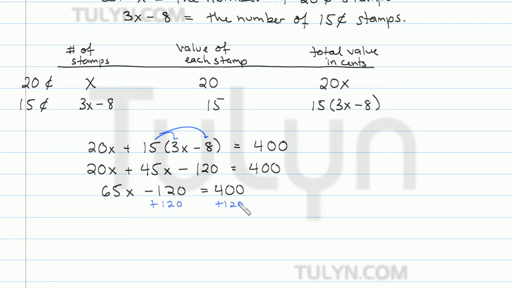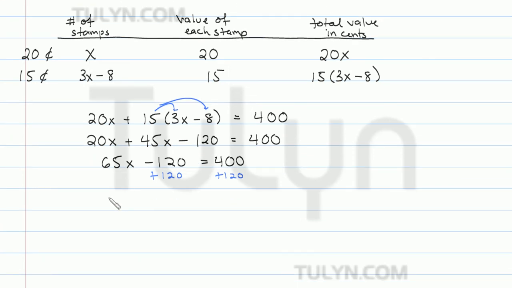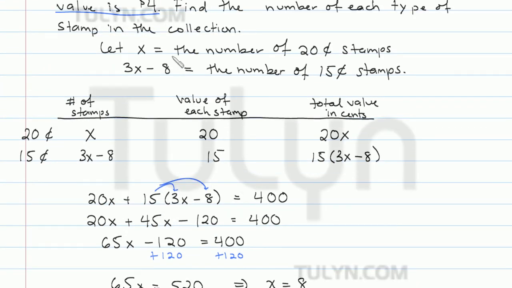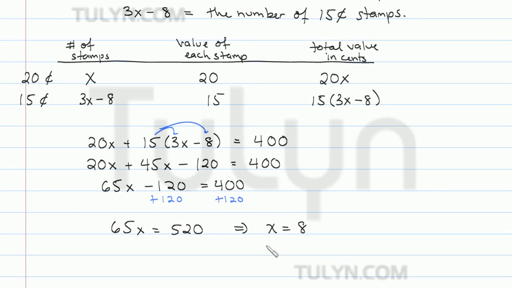Since we want to solve for x, let's move that 120 over to the right side of the equation. So we get 65x is equal to 520. Dividing both sides by 65, x is equal to 8 once you simplify. So now we have that the number of 20-cent stamps is equal to 8. To find the number of 15-cent stamps, we plug 8 into 3x minus 8. This gives us 24 minus 8,